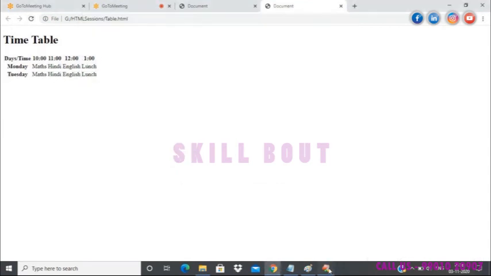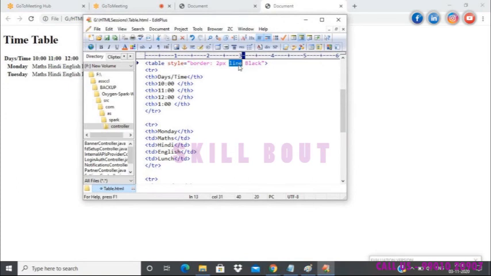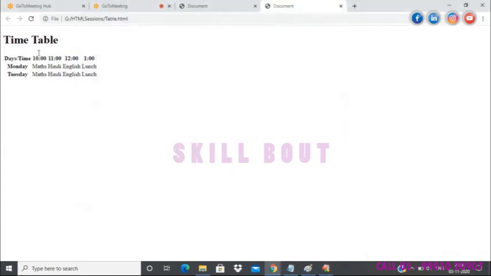Solid we have, dotted we have, and a few more are there. I'll recollect it in CSS. All these are part of CSS, but we'll stick with solid now.